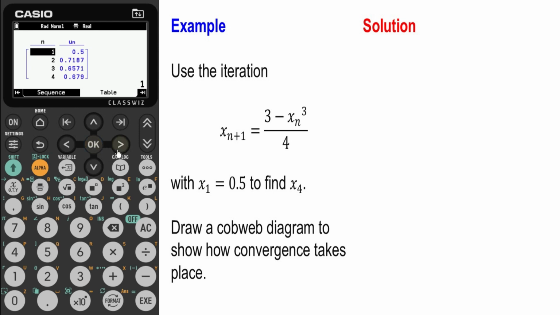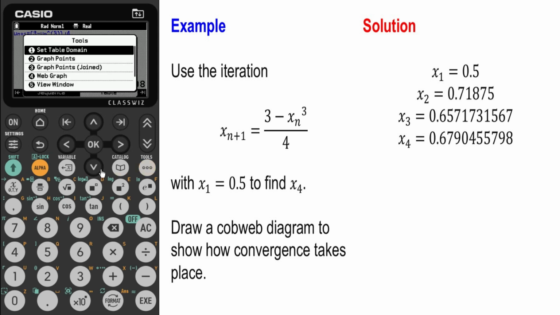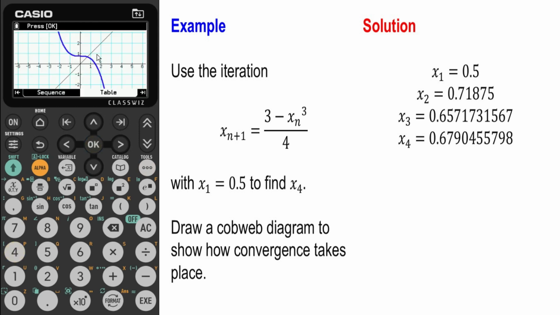You can see we have u_1, which is 0.5, u_2, which is 0.71875, u_3, which is 0.657173157, and u_4, which is 0.6790455798. Now, if I press the tools key, then the fourth option for web graph, and draw the graph, we've got